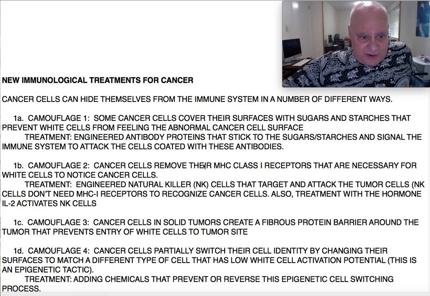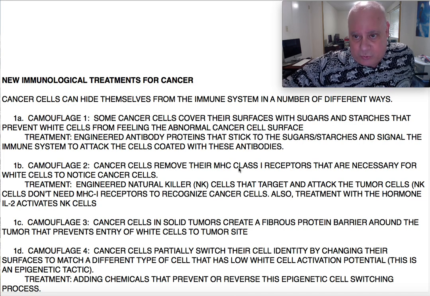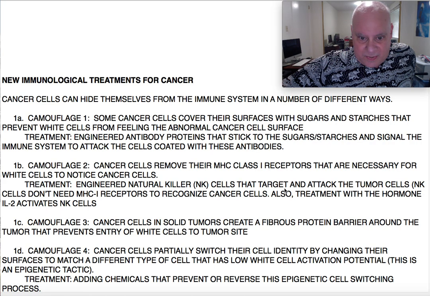And again, we found treatments to get around this, because it turns out that while most white cells do need the class 1 receptors to attack a cancer cell, they have to be there or the white cell can't activate and attack the cancer cell. There is a type of white cell called natural killer cells that can attack cells without the MHC1 receptors. And so in people that have cancer, we can sometimes engineer natural killer cells to target these cancers by,